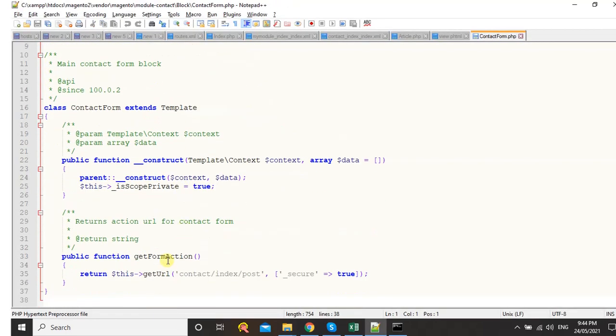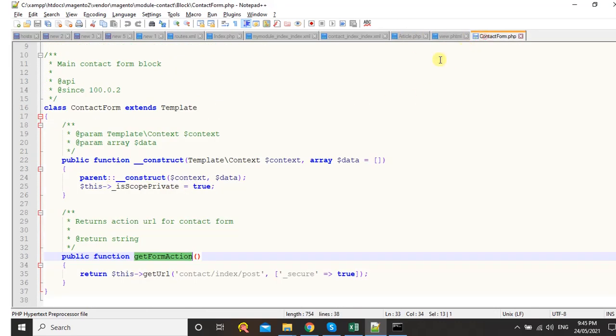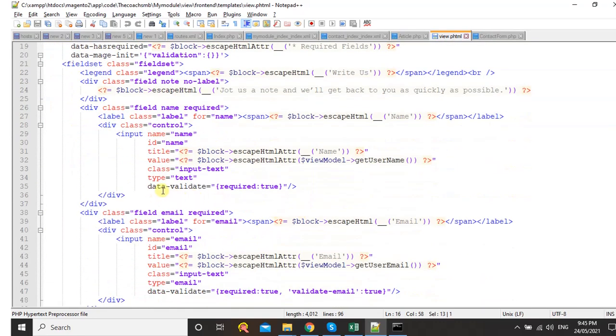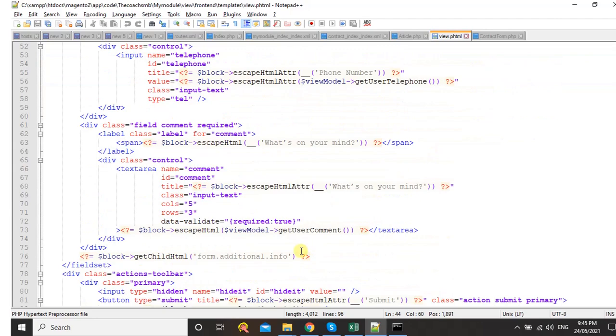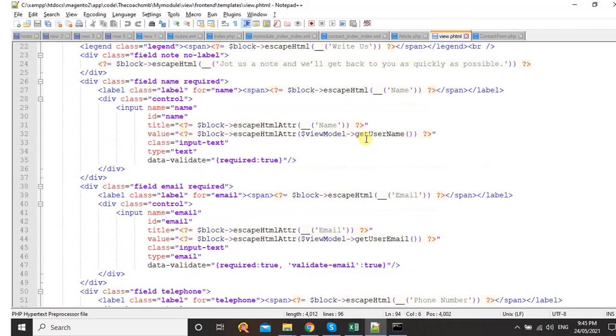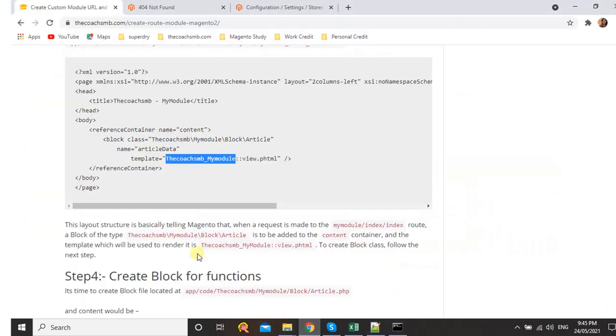the block class. See, can you see get form action? In this way, you can call functions from the block, and you can write different logic there, right? So these are the validation checks. You can display the text box, the email address, and its validation also. Phone number. Lots of things we can do here. You can submit forms like this. But for now, I am just displaying a simple content.